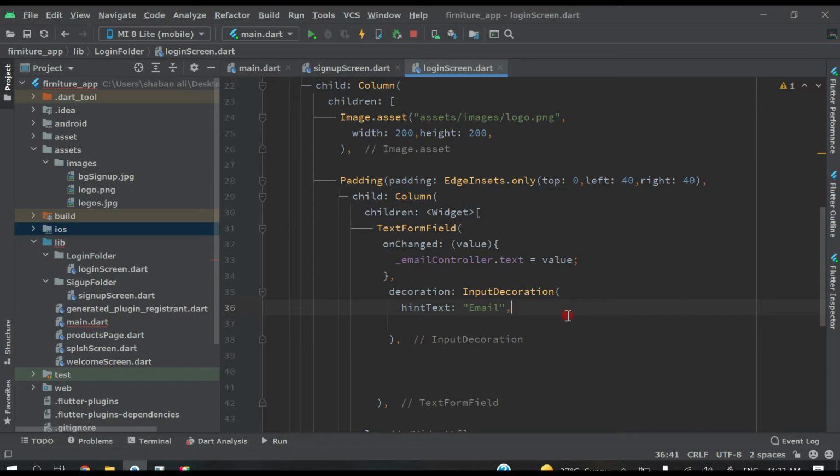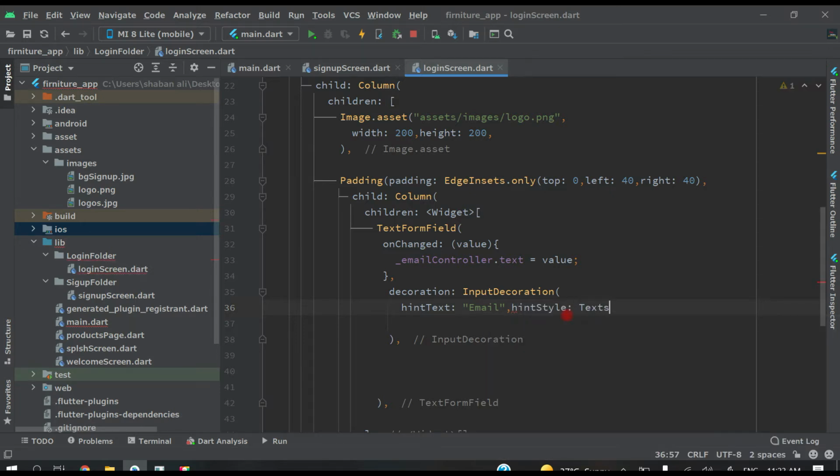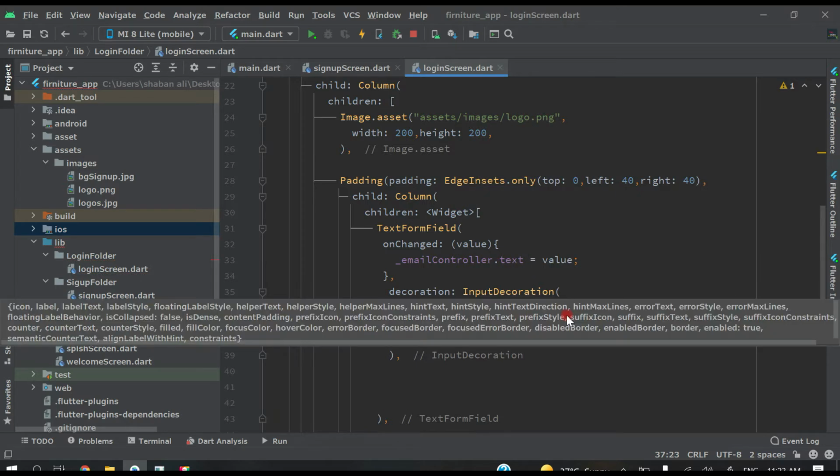Let's style this first, hintStyle, TextStyle, and color will be Colors.white, comma, and then